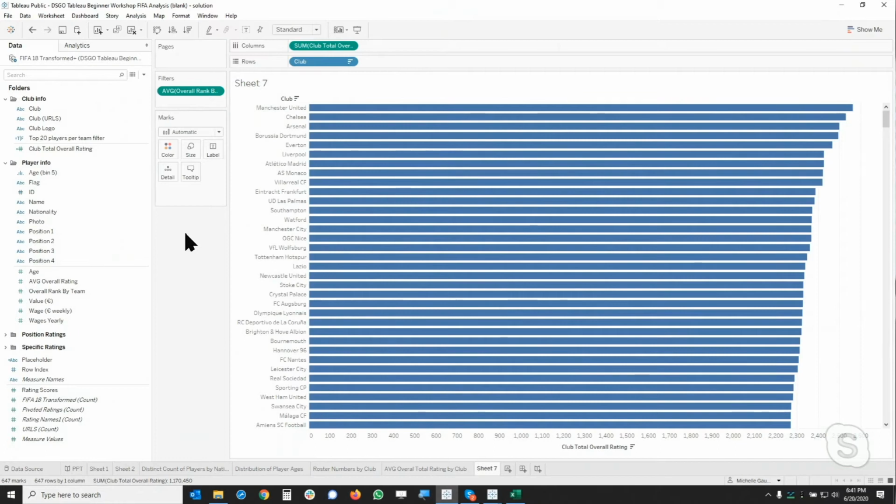Okay? All right, let's create another filter. And this time I want to create a filter and allow my user to play around with my data a bit. So I want to look at the top clubs from this view right here. I want to see the top 10 clubs, and I want to exclude everything else. So I'm going to drag club to my filter,